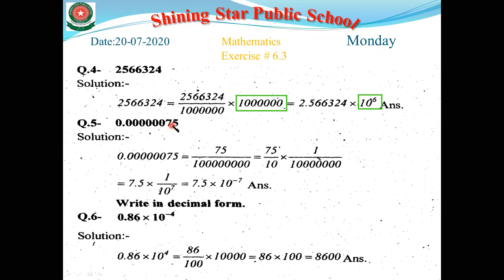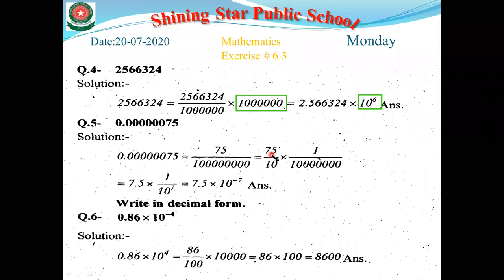Now we have a point, so we write 1 in the place of the point, and after the point how many digits? 1, 2, 3, 4, 5, 6, 7. So we write 7 zeros, and our point will be removed. Now when we remove the point, we write 1 and 7 zeros. Now 75 multiplied by 1 divided by 1 and 7 zeros.